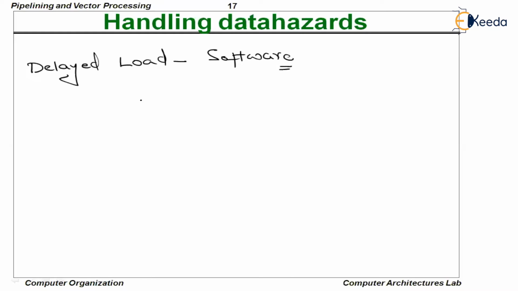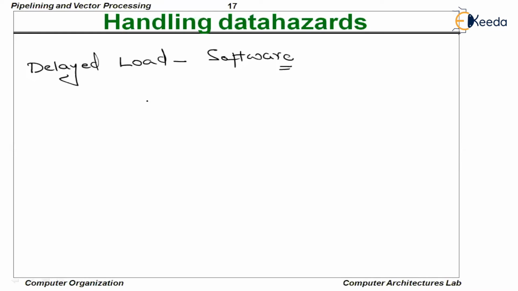If you can understand the previous two techniques, one is hardware interlock and the second one is operand forwarding. Both are hardware techniques. Hardware interlock is a hardware module implemented in the CPU to detect and identify the dependencies between the instructions, right? Similarly, operand forwarding requires an additional hardware mechanism which connects the output of the ALU to the input of the ALU again. Special lines will be enabled, or rather, we take a separate bus system which connects the output of the ALU to the input of the ALU.